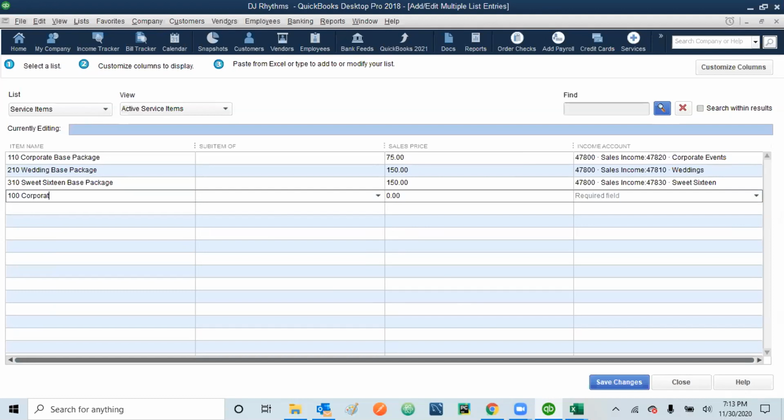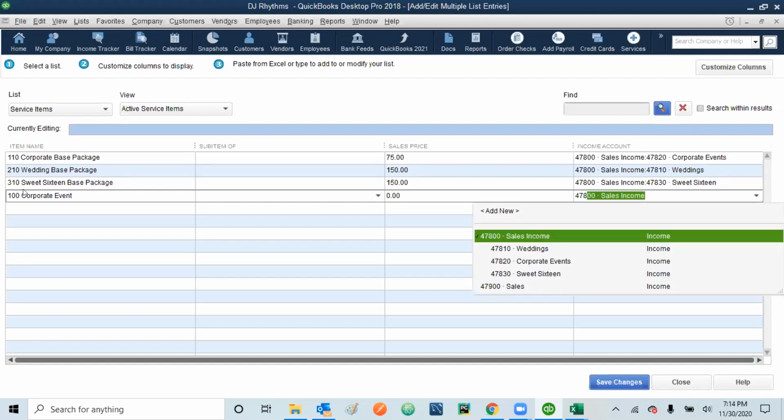Corporate event. And that item is the income account 47820. So you can just go all the way right and simply select 47820.